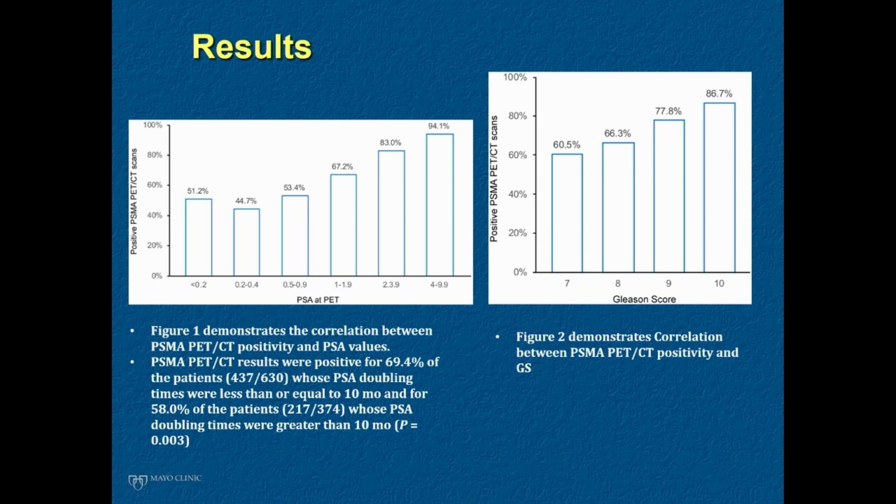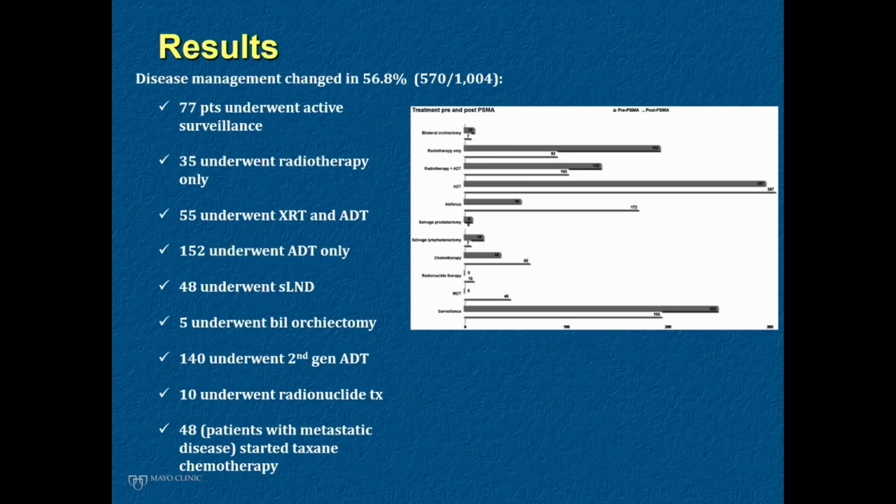That sweet spot, I think, is 0.5 or less when you're going to have at least 50% detection rate. And here, as you've also heard, Gleason score is also an independent feature related to the potential for a postoperative PSMA PET positive scan. And I put this in here because you can see here, hopefully rightly, but over 50% of the time in this particular series, the management of the recurrent disease changed based on the PET scan. So we've seen disease management change in the initial staging as well as the recurrent staging.